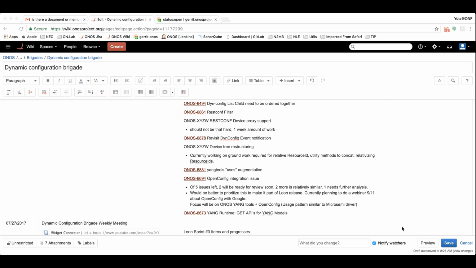And we have a plan to offer a gRPC northbound interface, right? Yes, in dynamic config. Not necessarily in dynamic config. This area is not fully cooked in terms of a concept. We have a gRPC brigade which is working on gRPC interfaces to the core ONOS model. However,